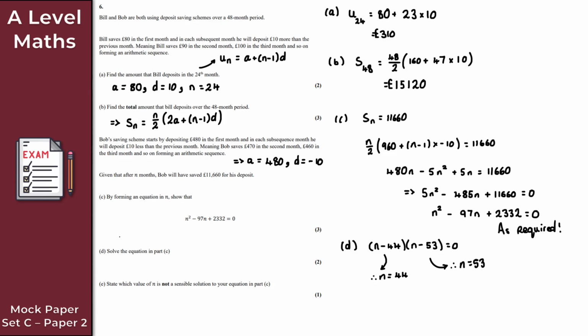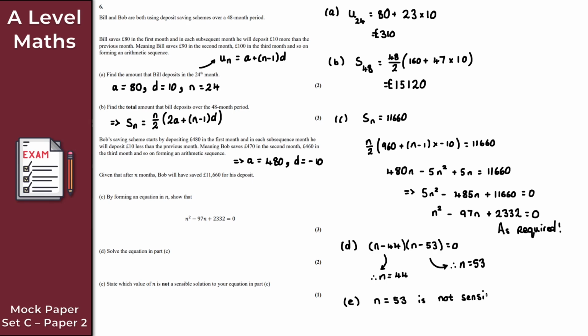And then finally, to finish with here, we have the very last part of this question. So for part E then, all we want to do here is state which value of n is not a sensible solution to this equation here. Now for part E then, if we think about the context of this question here, which of these solutions is not sensible? Well, that would be this solution here, n equals 53. So n equals 53 is not sensible,